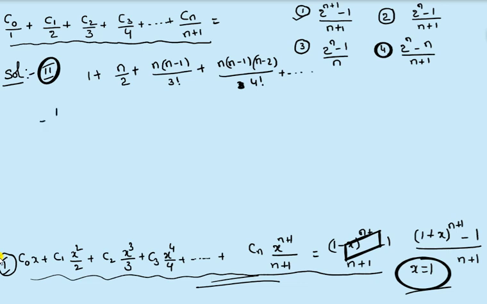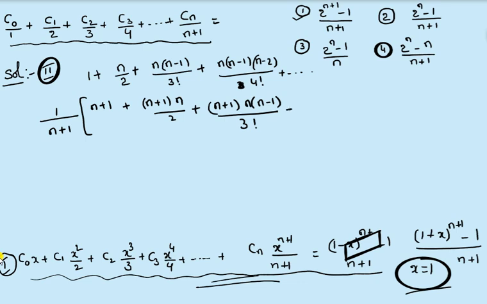Now what I am doing is multiplying with n plus 1 and dividing with n plus 1, that is, n plus 1, plus n plus 1 into n divided by 2, the next one n plus 1 into n minus 1 divided by 3 factorial, plus n plus 1 into n minus 1 into n minus 2 divided by 4 factorial, plus and so on plus 1, because here Cn means nCn,